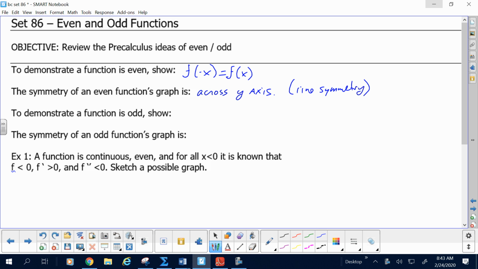Okay? To demonstrate a function is odd, show that when you put in a negative, the opposite of the normal function comes out. The symmetry of an odd function is about the origin. It is point symmetry, which is to say that